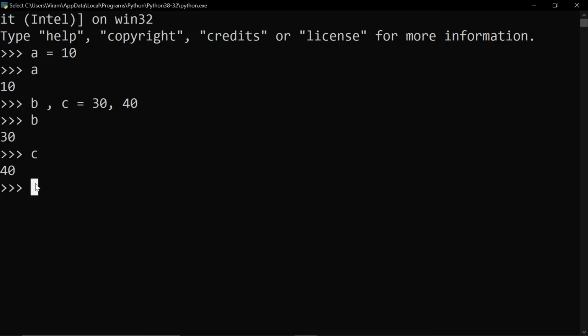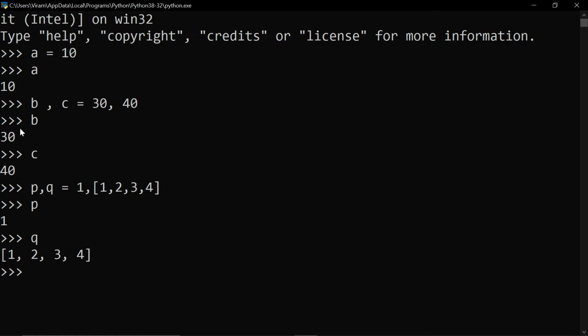So what you can do is P comma Q is equal to, let's say, 1, and for Q you want 1, 2, 3, 4. So P has 1 and Q has 1, 2, 3, 4. As it shows this as a list.